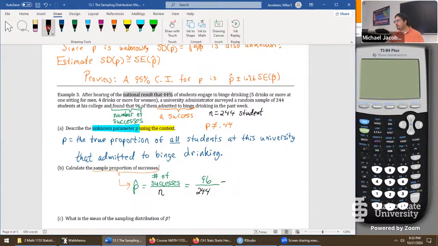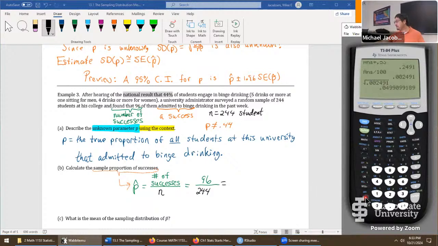I forgot to say what to round on this problem, but I'd say good generic advice about 5 decimal places will give us great accuracy. So back over here, fast computation this time, just take 96, divide by 244. That takes us to 0.3934. Oh, we're going for 5. 0.39344.